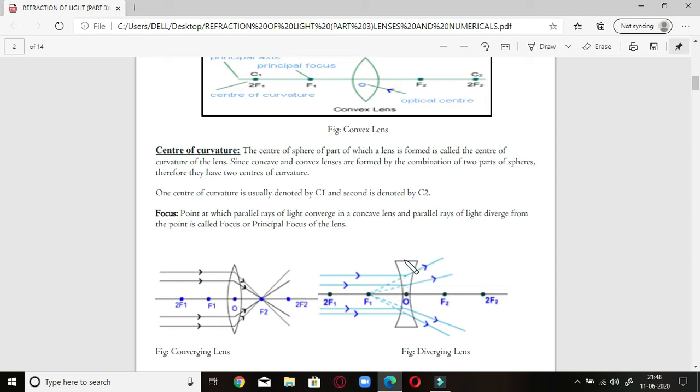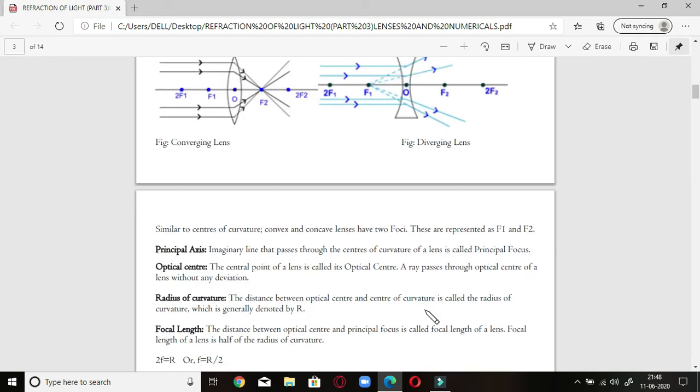this is the optical center. Draw a line passing through the optical center. The rays which are coming parallel to the principal axis should go up to that particular line, like this. They should go up to that line, then diverge the rays apart. You will find that since it's a diverging lens, F2 is never a principal focus of it, because the rays won't meet at this point. The principal focus for the concave lens is always F1. So the important terms are: the focus for the convex lens is F2, whereas the focus for the concave lens is F1 because of its nature.